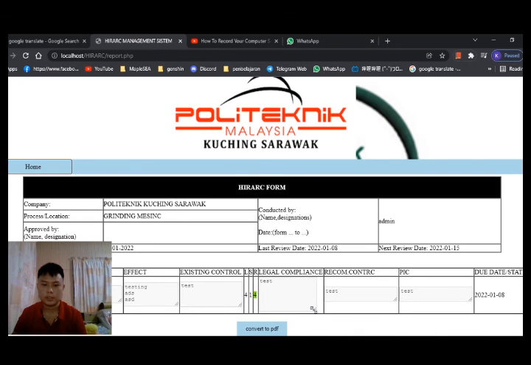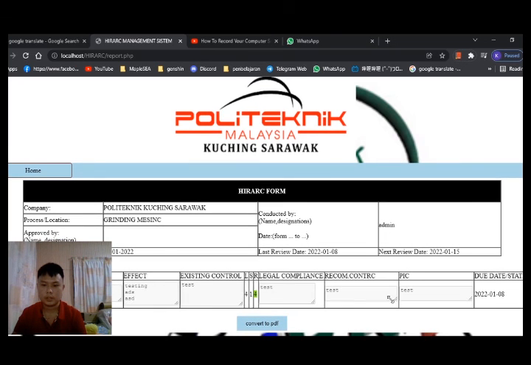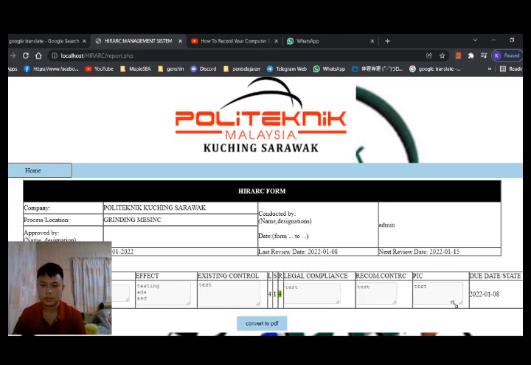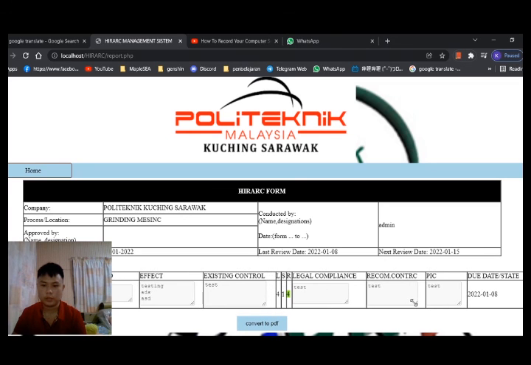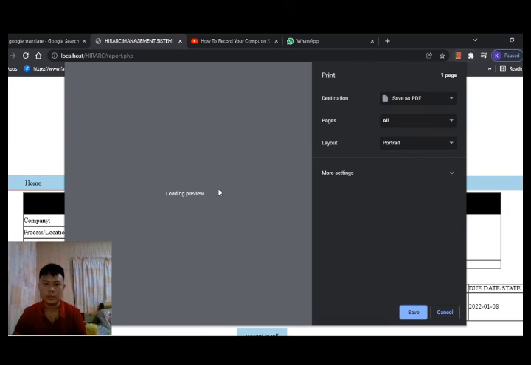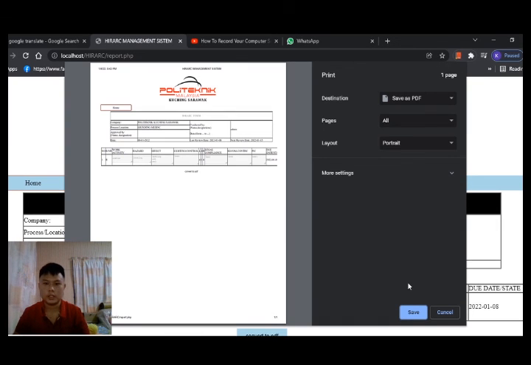It will be safe. Okay. Now, if you want to print, convert it to PDF, like this is a report form, and we click convert to PDF. You can see it converts everything to PDF.